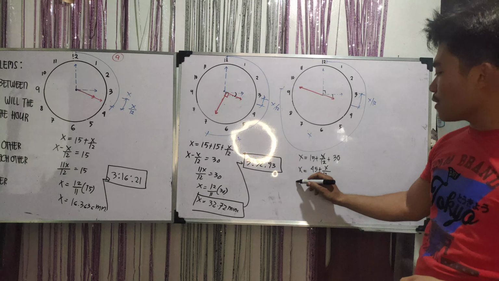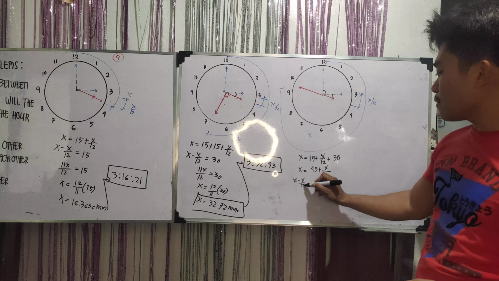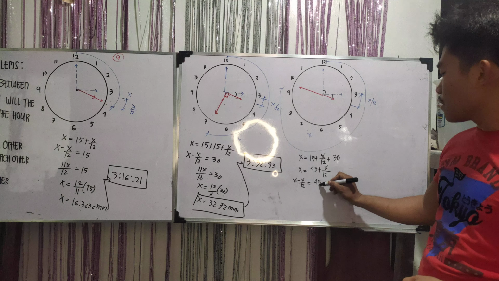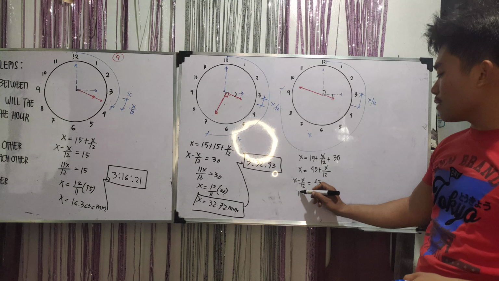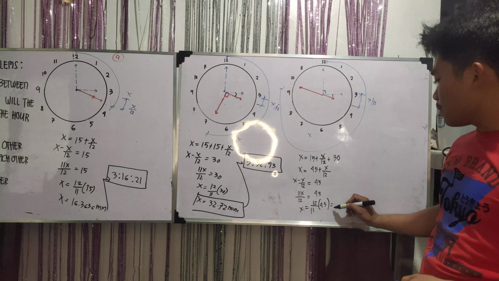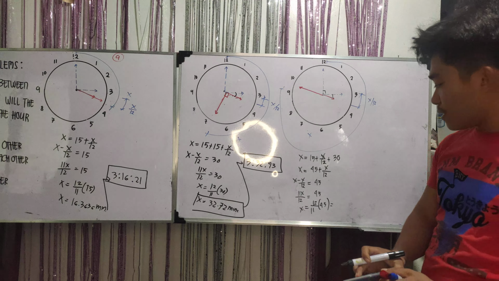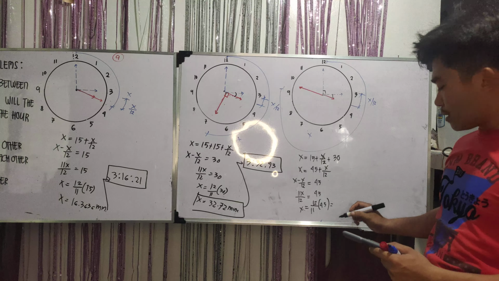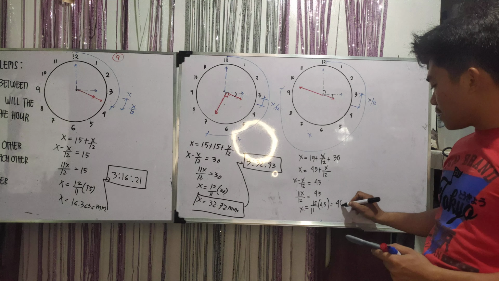Transpose X over 12, that is just X minus X over 12 is equal to 45. So X minus X over 12, again, that is just 11X over 12 equals 45. So cross multiplying, X therefore is just 12 over 11 times 45. Wherein yung value niyan is what? 12 over 11 times 45, that is just what? 49.09